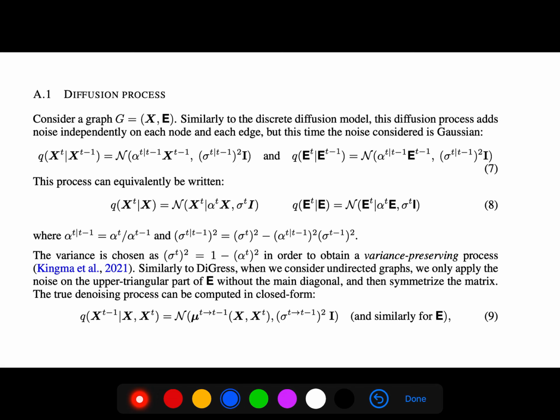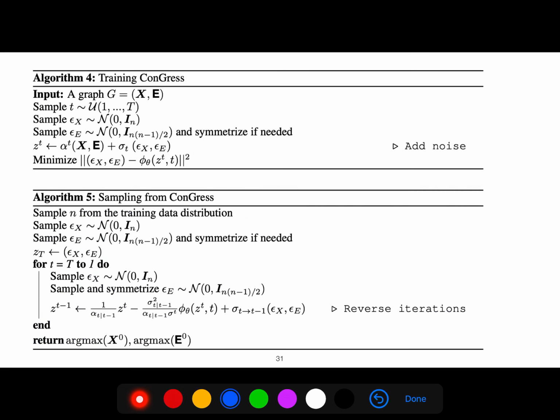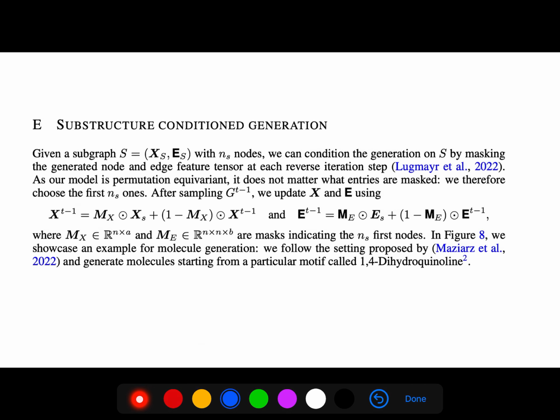So in their appendix, they review these things. It's very important to read the appendix very carefully, just to review from first principles what is happening. If you want to develop new ideas, you need to have good terminology, a good theoretical background, and see all of these things. So in Algorithms 4 and 5, now they do sampling for Congress. They also talk about that. And then in Appendix E,